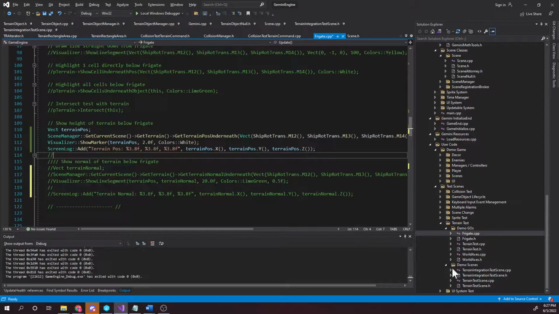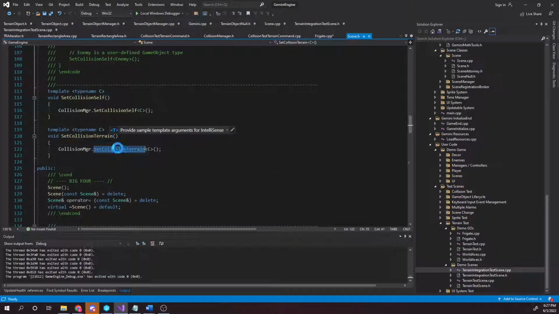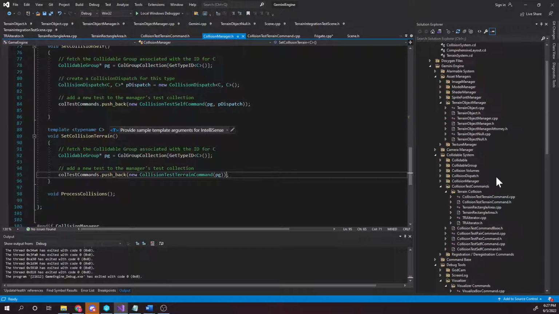Okay, so for terrain collision, you set that up at the scene level. So in your scene, you say set collision terrain with whatever game object type that you want. This will create a new collision test command, the test terrain command, with a pointer to that collidable group. And then when this test command gets executed,